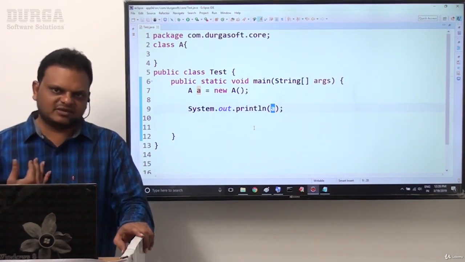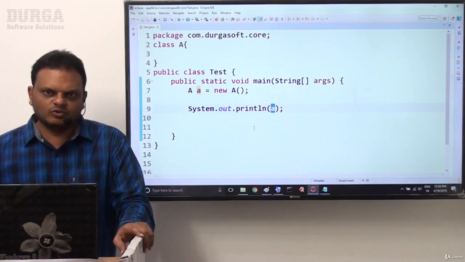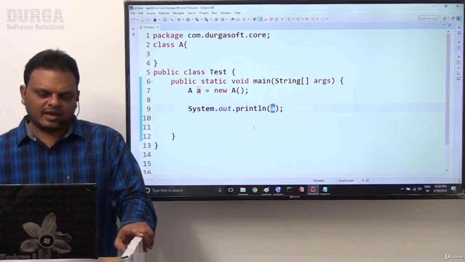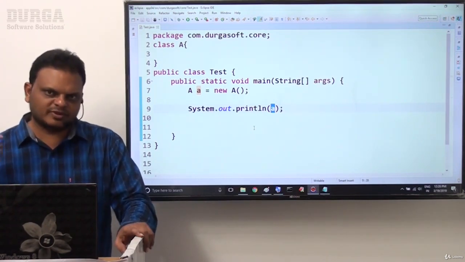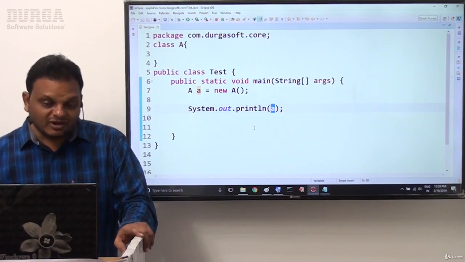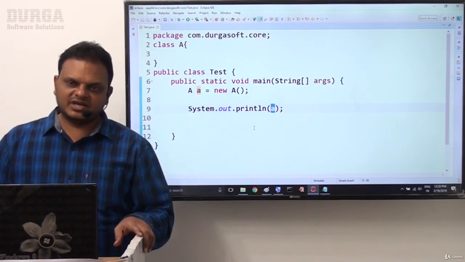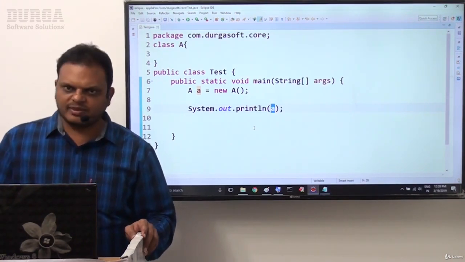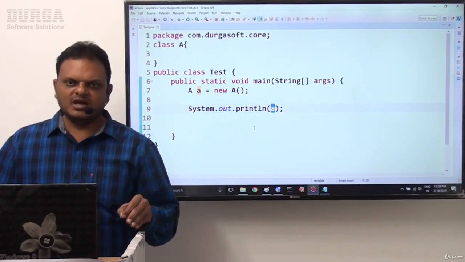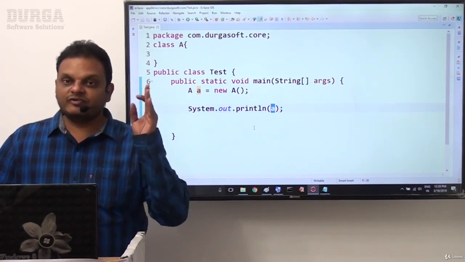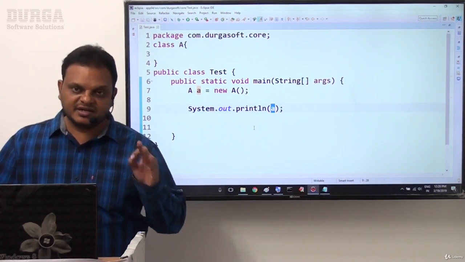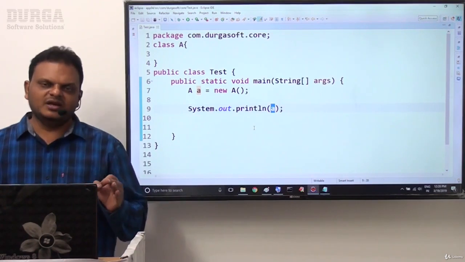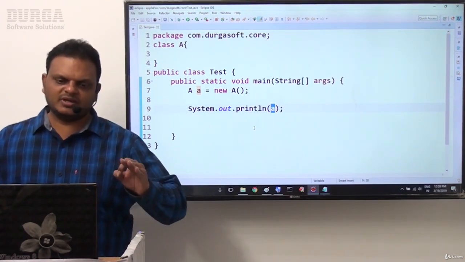Displaying the reference value is a developer requirement. Myself as a customer, I don't require the object reference value. Who requires the object reference value when the project is in production mode? As a customer, I'm expecting my own details, not the reference value of the object. So whenever I'm passing a reference variable as a parameter to the System.out.println method, I want to execute the toString method, but I don't want to display the reference value of the object. I want to display some details. So if you want to display any other content details instead of the reference value of the object, we have to override the respective toString method in class A.